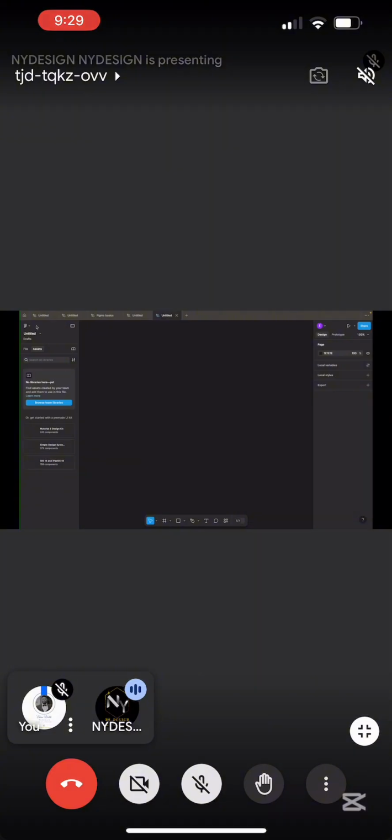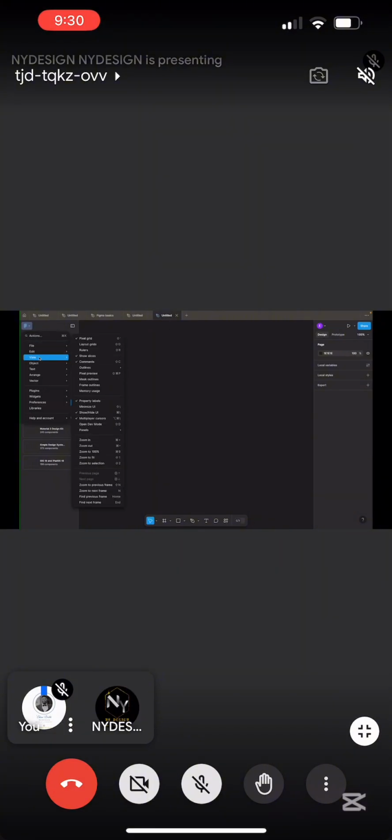As you can see, this is the home button, right over here. These over here are the different tab bars that I have opened. This over here you can use to do things like edit, view, objects, text. Don't worry, I will show you. We will use them. No fear. I am just introducing